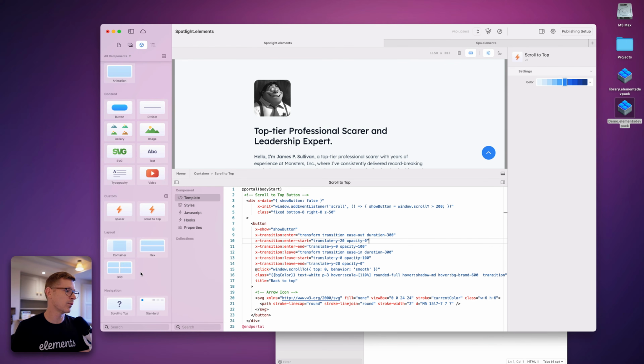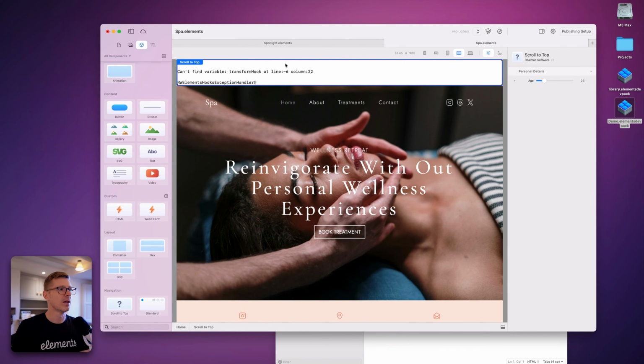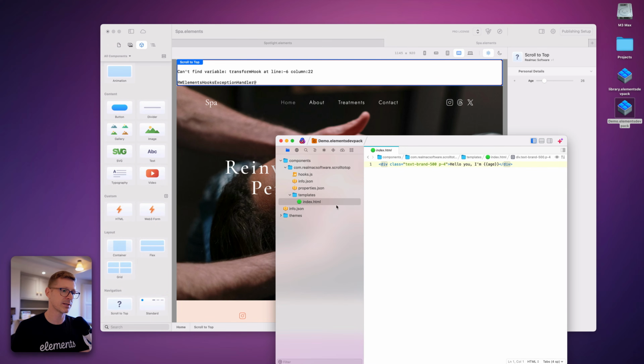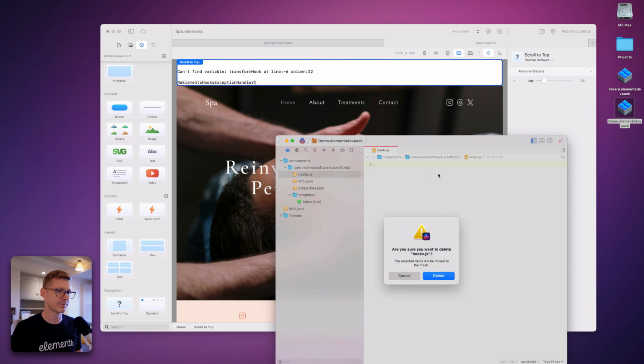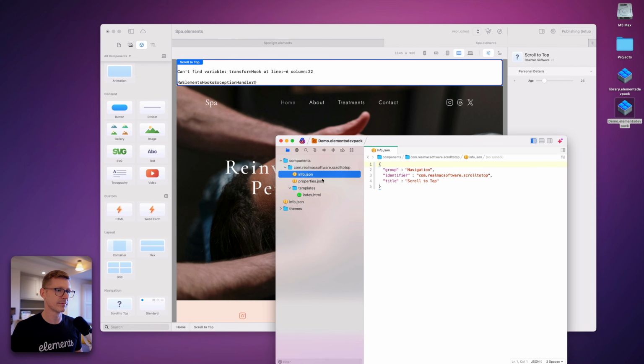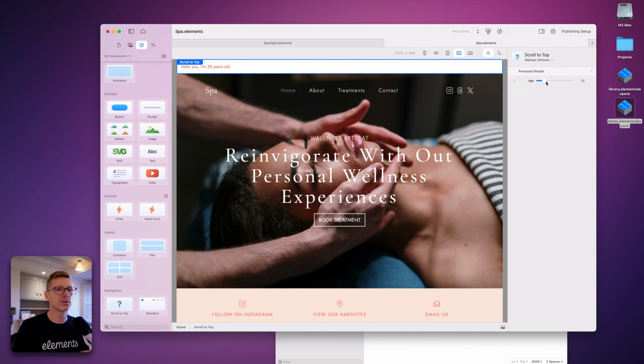One thing we will do, let's drop this scroll to top into our page. In fact, we might want to do this on another project just so it doesn't get confusing. Let's drop this into this project. Now it's given me some issues, but we can fix those. I think that is because I added the hooks.js file. Let's save that, or we'll remove this because we don't need this now. Okay, we'll save that. Okay, so this is our scroll to top